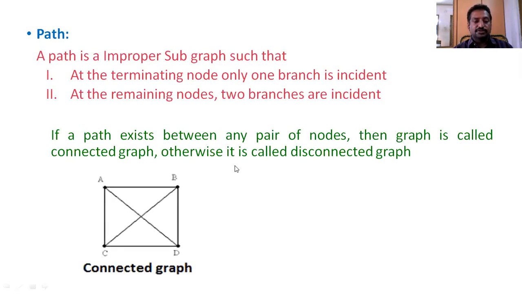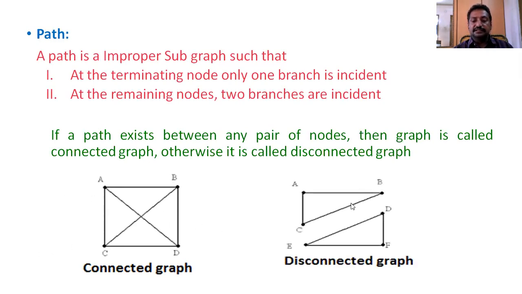See here. So this is the path, how it goes as a path, and it is a connected graph. See here, this is a disconnected graph. See, this portion of the graph and this portion of the graph are together connected. But here, see that this is a disconnected graph.